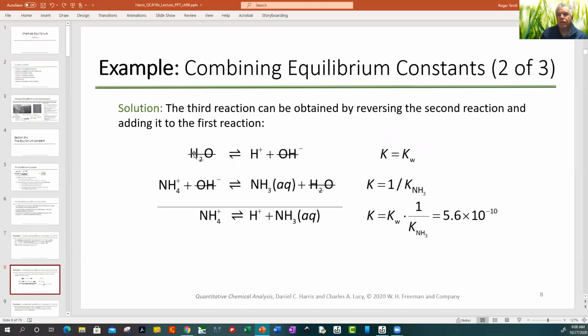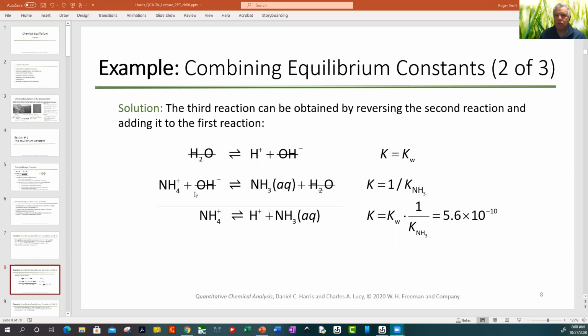So first of all, we want to say, well, H2O makes H+ plus OH-, right? Ignore the slashes for now. This is Kw. And we also know NH4+ plus OH- makes NH3 plus water, right? And this K value is the reciprocal of the K NH3 that we defined earlier, right? So